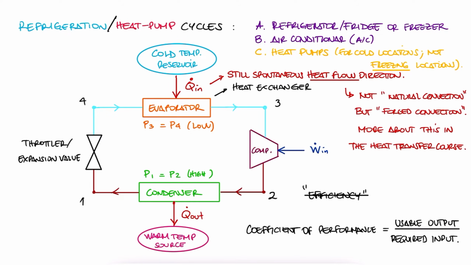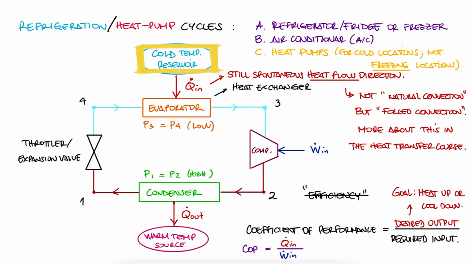The coefficient of performance, or COP, is therefore dependent on the goal of our system. In general, the coefficient of performance is defined as the desired output over the required input. But for example, for a refrigeration cycle, what we want is to get heat out of a cool space, so the desired output is Q in and the required input is W in. Notice that it's heat out of the cool space, but that heat is coming in to the fluid of our